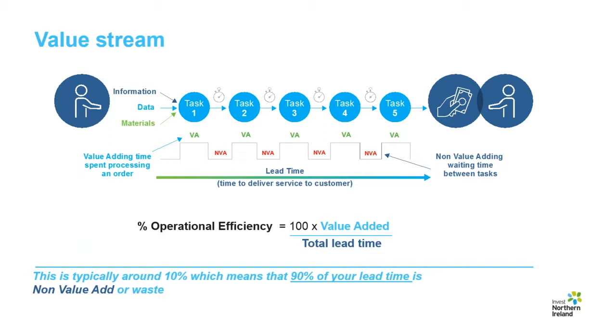If only 10% of the lead time is spent adding value, then that means that the other 90% of the time that your customers are waiting for their order is taken up with non-value adding activities or waste, which is a huge opportunity for improvement in any business. In reality, there will be non-value add time within the actual processing time, but often there are more potential time savings to be gained by reducing the delays and queues of work in progress in between the process steps before looking at the individual steps themselves.